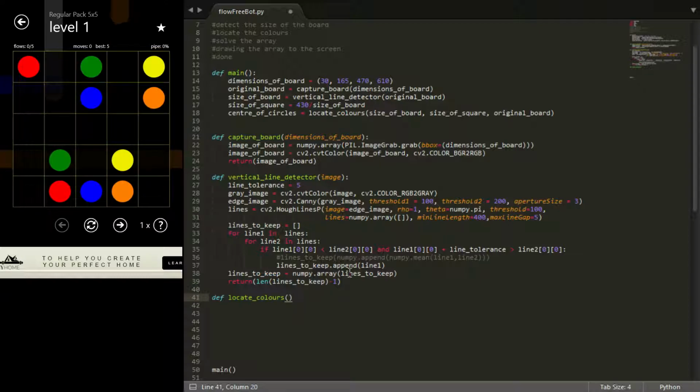Size of board we'll keep named the same. Size of square we'll keep named the same. And then we'll call this image. So first of all, what I've done in my other script I've done before,